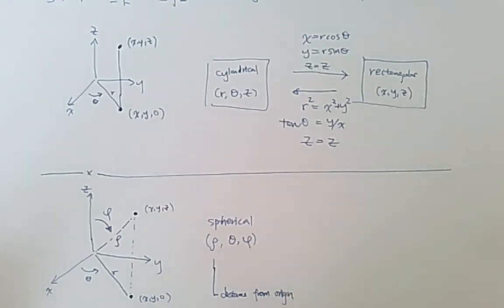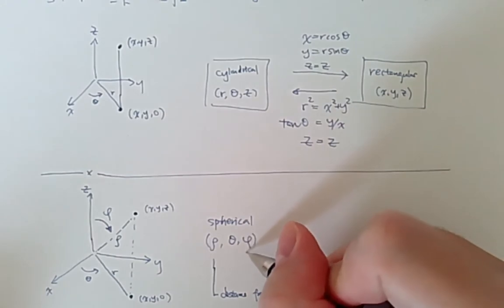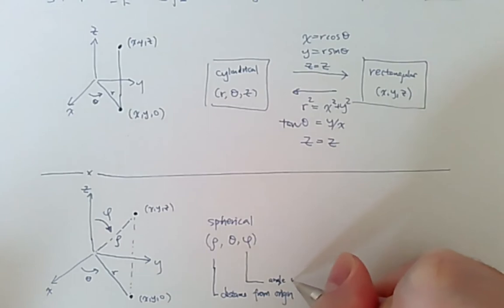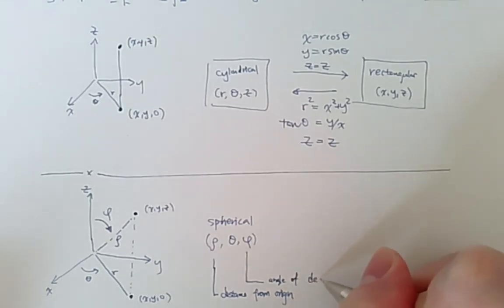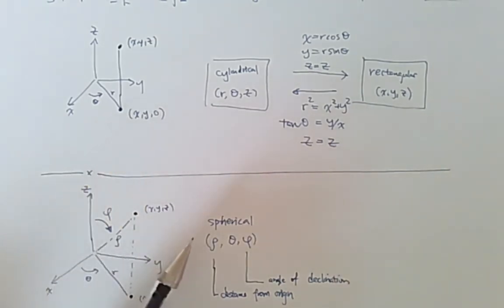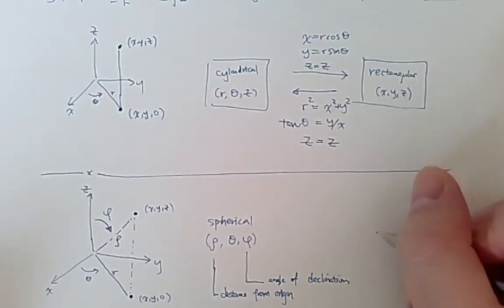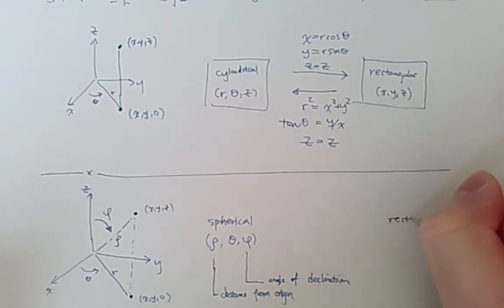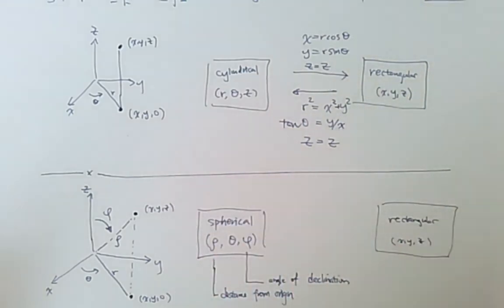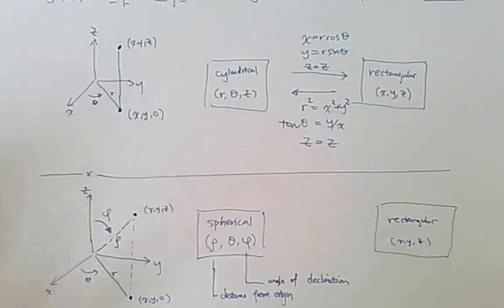Theta is the same, so I won't label this. And then this phi is the angle of declination. You have to decline from positive z-axis to the xyz point there, which I'll also write here, rectangular xyz as before,